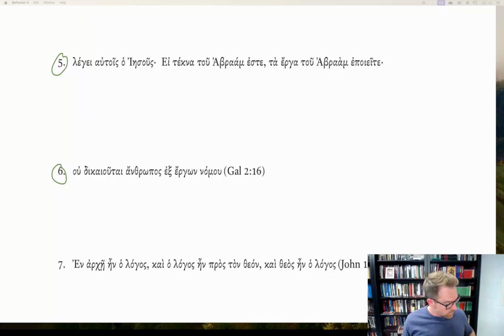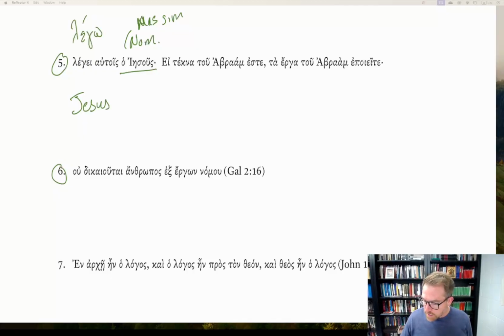It is from John chapter 8, verse 39. Legei autois ho Iesous. So this ho Iesous is our nominative. Again, nouns that are personal names don't decline, but the ho, that definite article, which we'll learn next week, is a nominative masculine singular. Iesous, legei, from lego, I say, says, autois, to them, the audience that he's talking to,